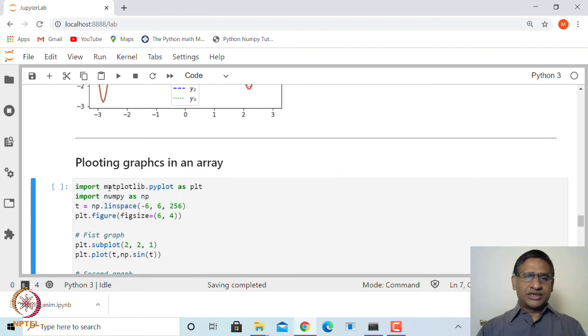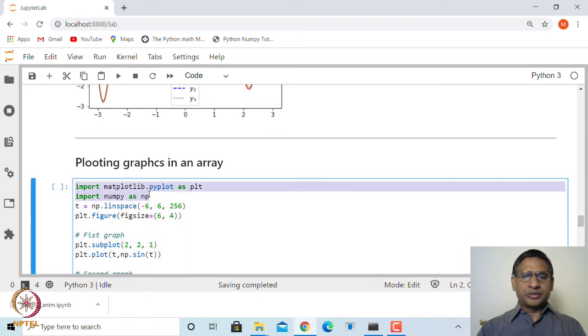So first again let us import pyplot and numpy, though we have already done so, there is no point in importing it again, but in case you are doing it afresh, you should always import these two. And then t is a set of points from -6 to 6, and there are 256 points. If you want, you can make it more, and then create a figure of size 6 by 4.